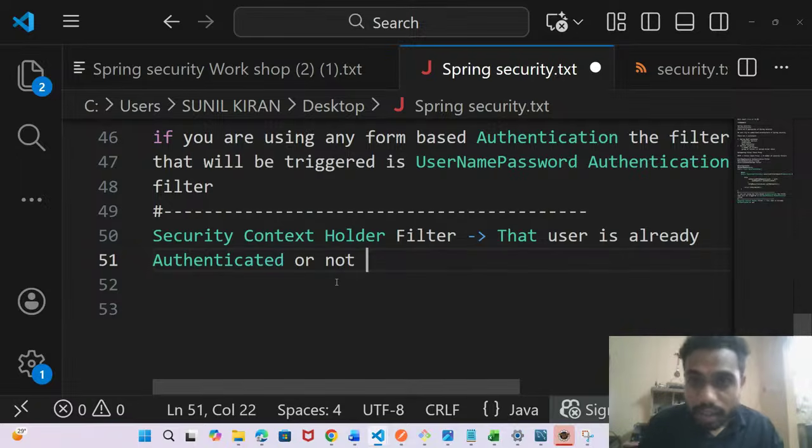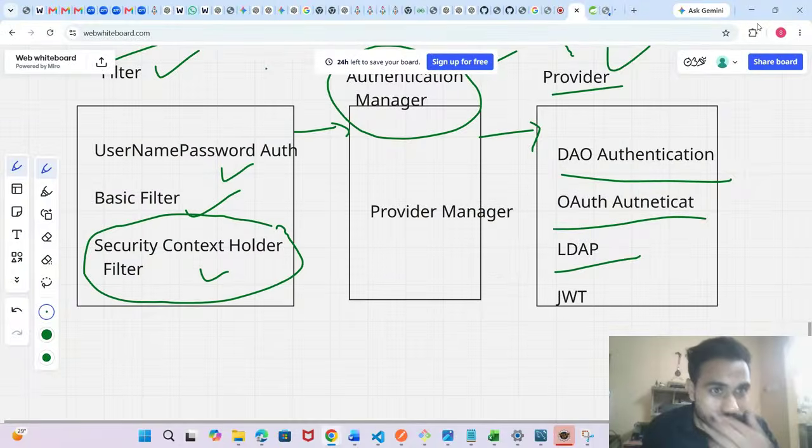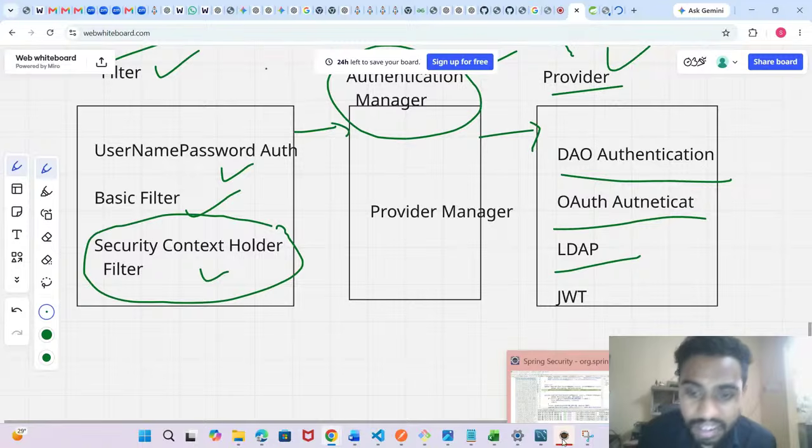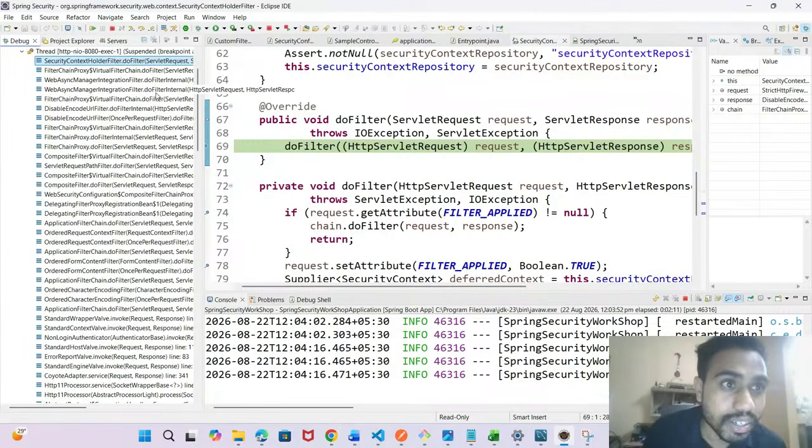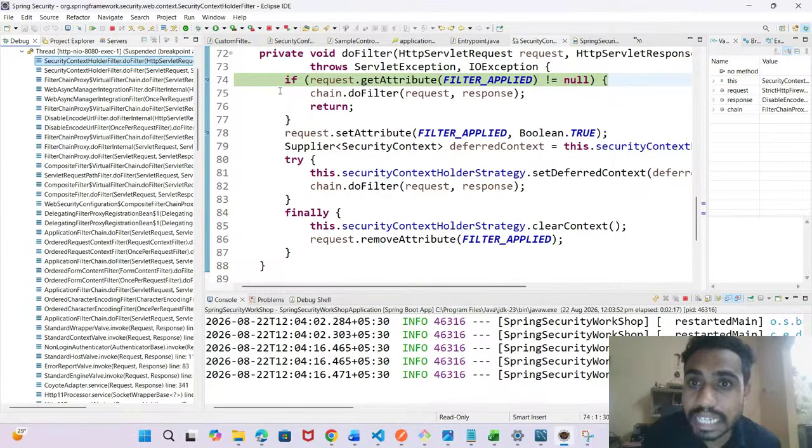Okay, clear? Now we'll see this in debug. Let me resume it. See the flow, guys, try to observe the flow. Once I resume, we are still in the security context holder filter only.